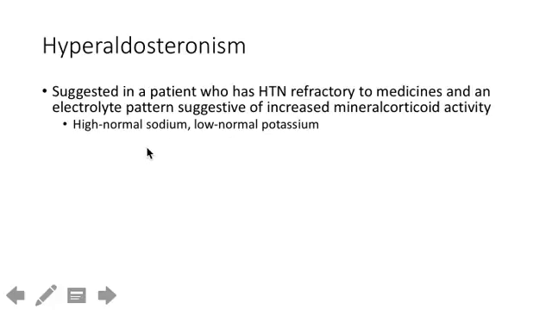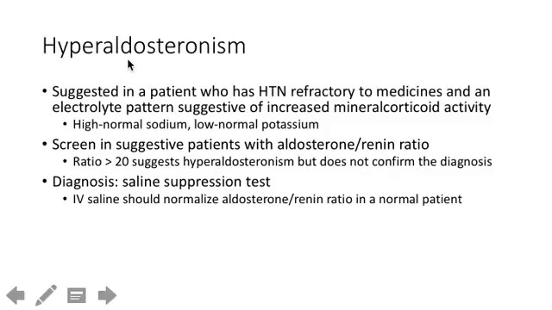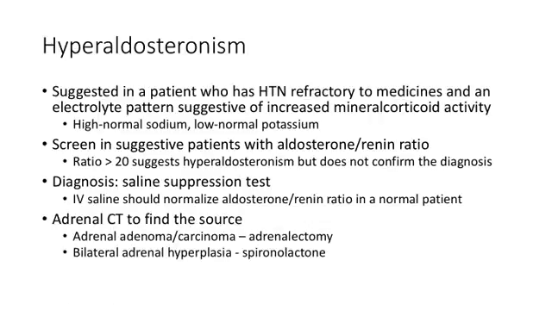And remember, there's an aldosterone escape phenomenon where when you have chronically elevated aldosterone, your electrolyte abnormalities are actually not going to be abnormal. And then if you want to screen for this disorder, you do the renin-aldosterone ratio. But again, that does not confirm the diagnosis of hyperaldosteronism. But a ratio greater than 20 is suggestive enough that we can do actual diagnostic testing. So the diagnostic test of choice to confirm hyperaldosteronism is a saline suppression test. And you just give IV saline, and apparently that should make the aldosterone-renin ratio go to normal. So if it doesn't, you have hyperaldosteronism, and that should be coming from the adrenal gland.